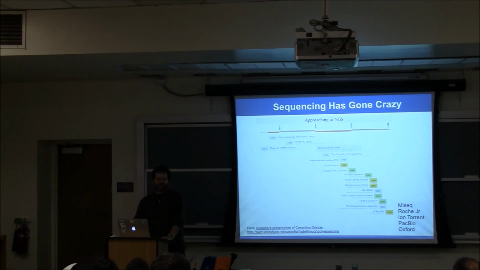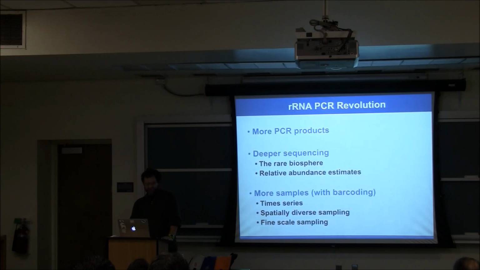Sequencing has gotten incredibly cheap and easy and efficient, whereas when I was in Colleen Cavanaugh's lab studying these chemosynthetic symbionts, it took me a year and a half to sequence one 16S ribosomal RNA gene, and I got a paper out of it. Now we can do 100 million 16S ribosomal RNA sequences in a MiSeq run for $1,000. And so the field has just exploded in terms of what you can do with this. You can generate, for example, more PCR products, so you can sequence deeper into a community if there was a lot of diversity there.